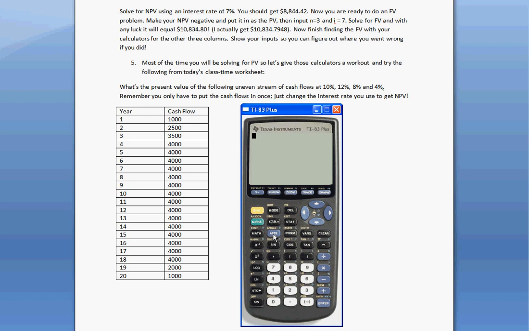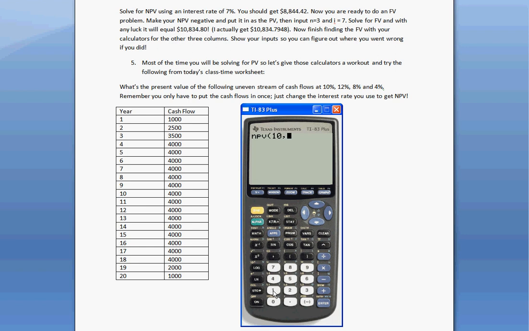So you hit your apps button on your calculator, go to finance, and NPV is 7 for me. So I'm going to click 7. And now NPV is on my screen. So the first thing that they want to know is the interest rate, and I'm going to put that in as an interest or with a percentage. So let's use 10%. So put in 10. Don't put it in as decimal,